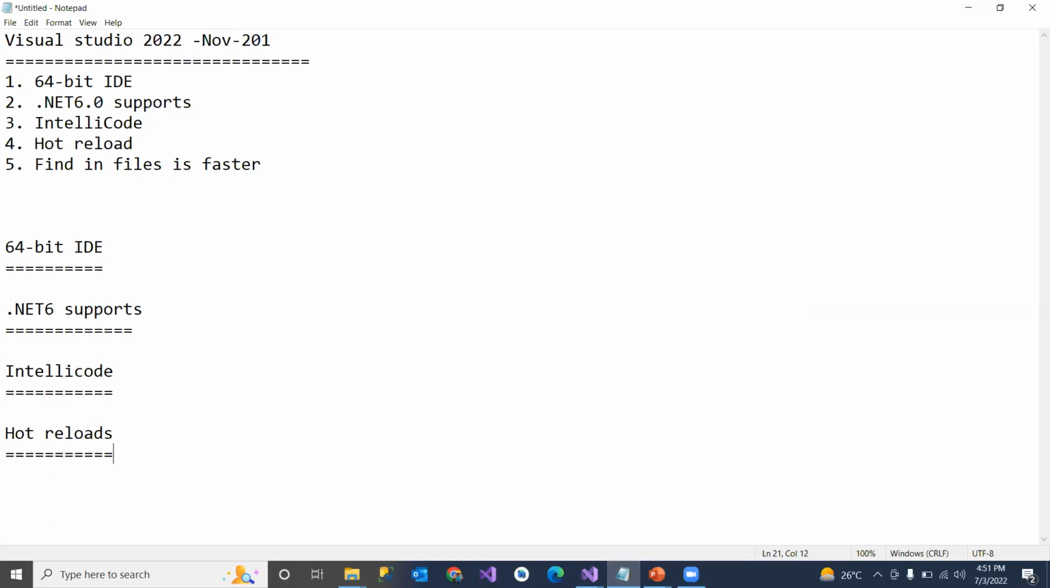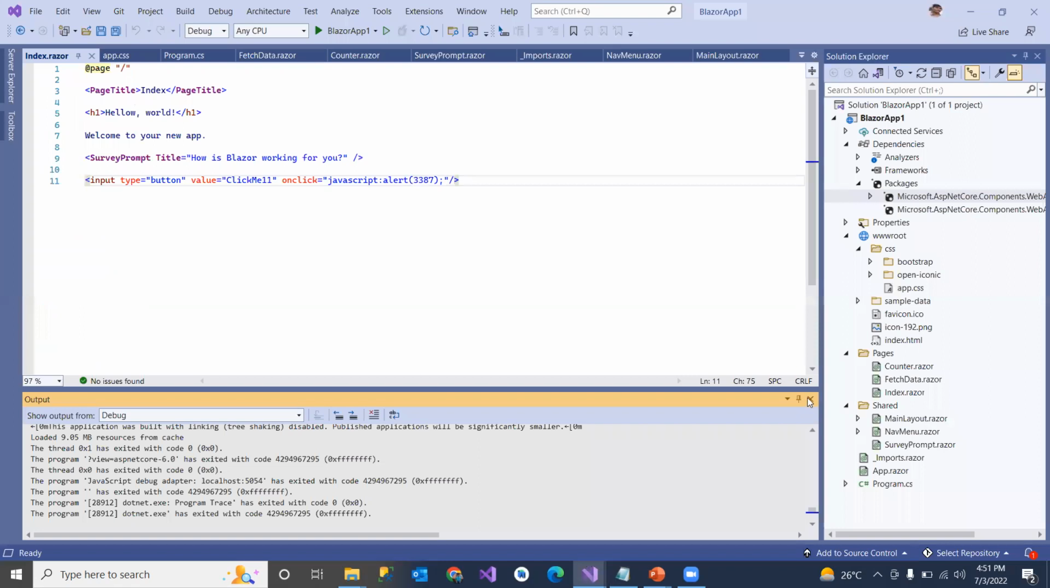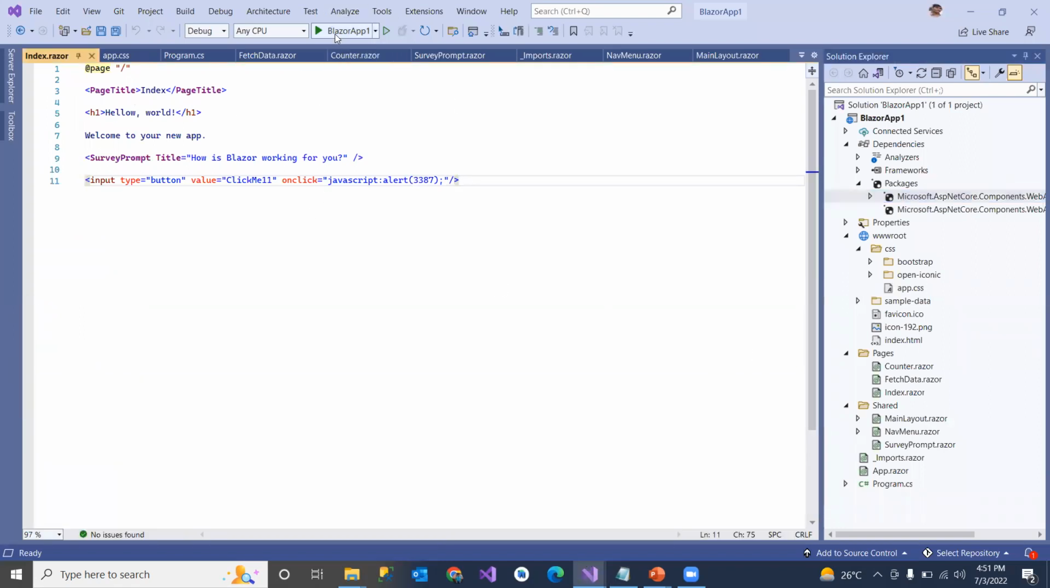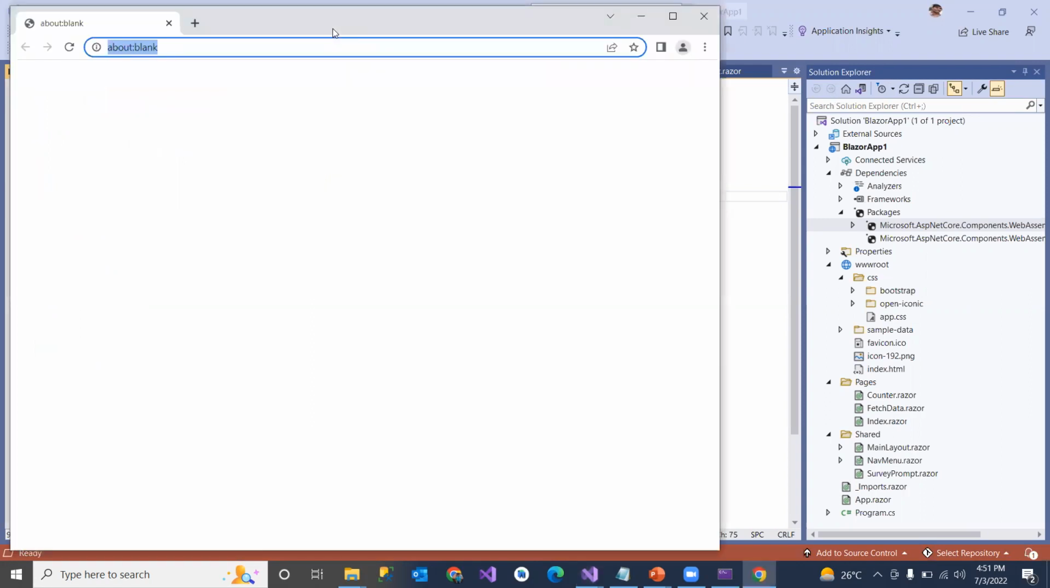So this feature in 2022 has great updates, especially for Blazor and Azure editors. You can use this feature, hot reload, even for changes made in the CSS files. Let me show you how it reflects the immediate change on the UI. If I open this sample Blazor application and run it, which was built in .NET 6.0, it displays the default layout